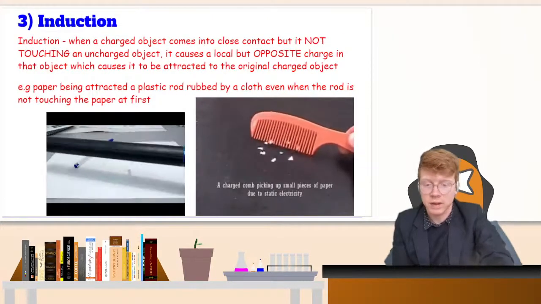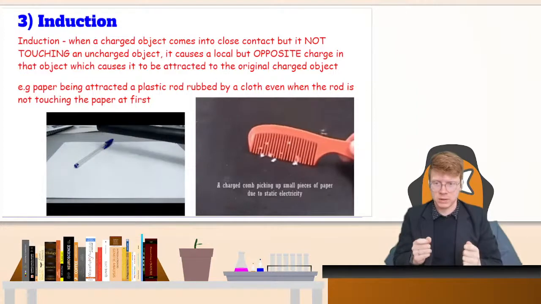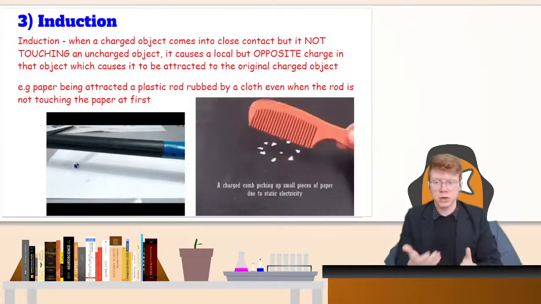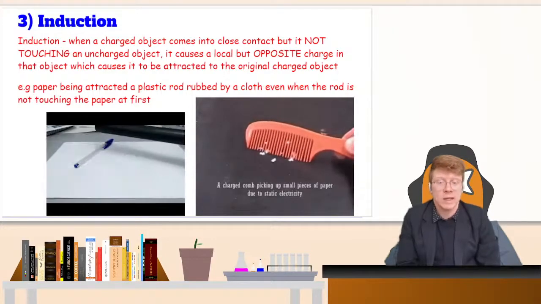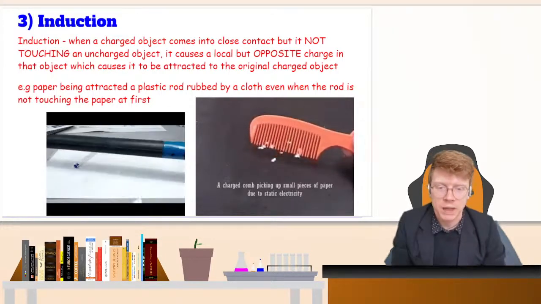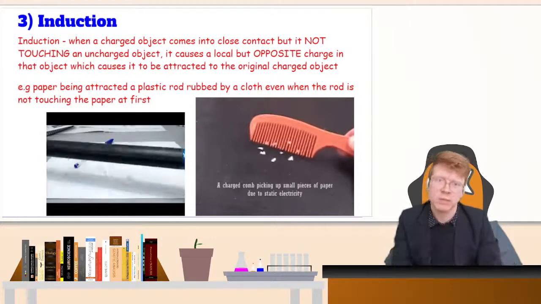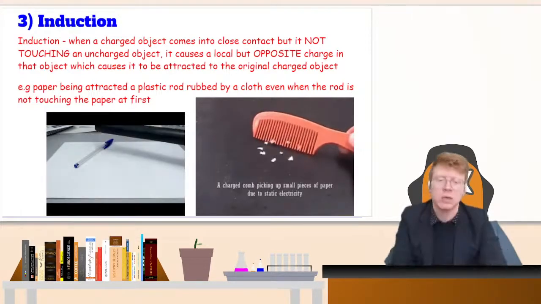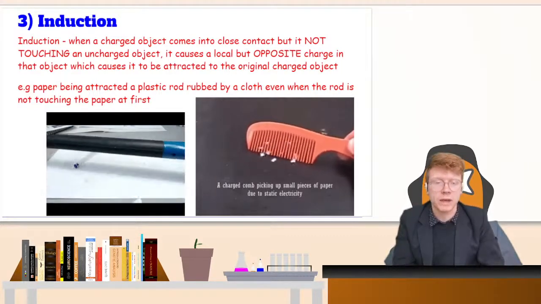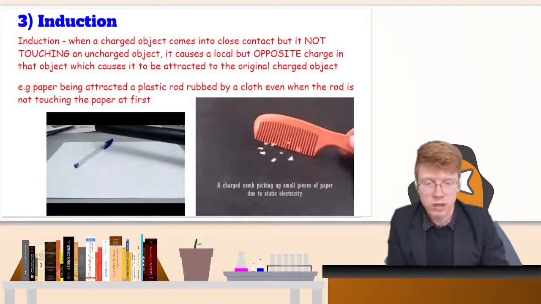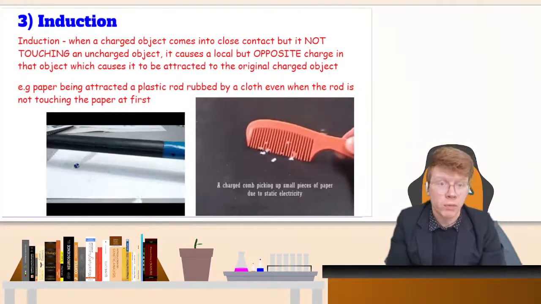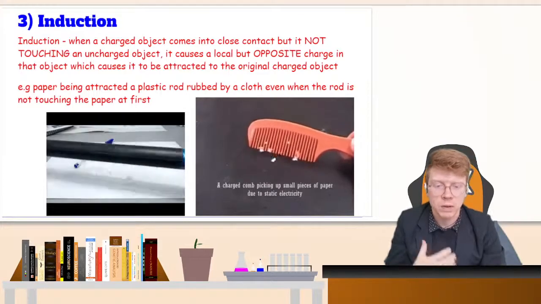The third way to do this is induction. Right? Induction is different to conduction because you're not actually touching it. It's indirect. That's why we call it induction. It causes a local, or just a small, difference in charges across an object. What's really happening here is if you were to charge, say, the comb on the right there,